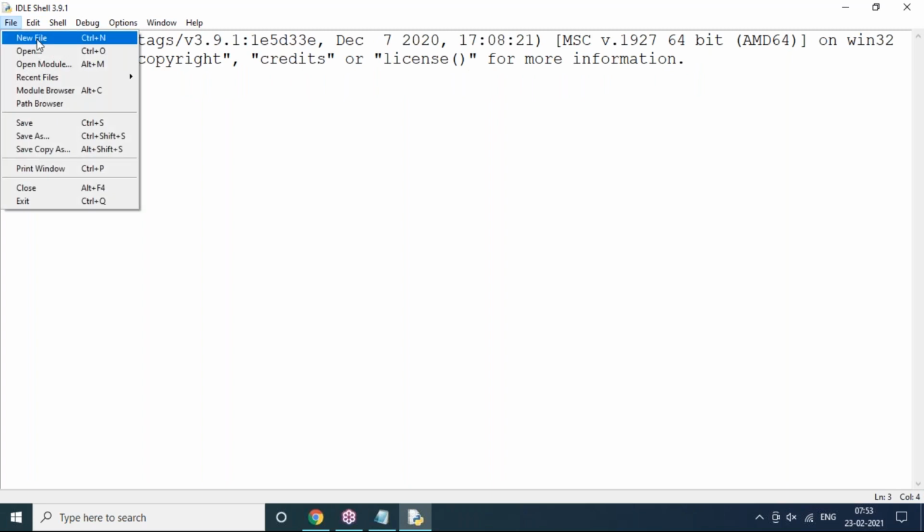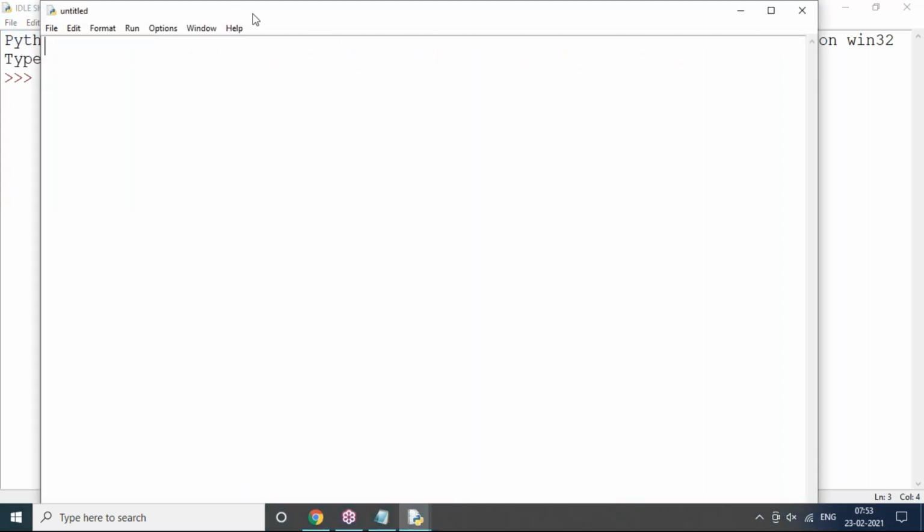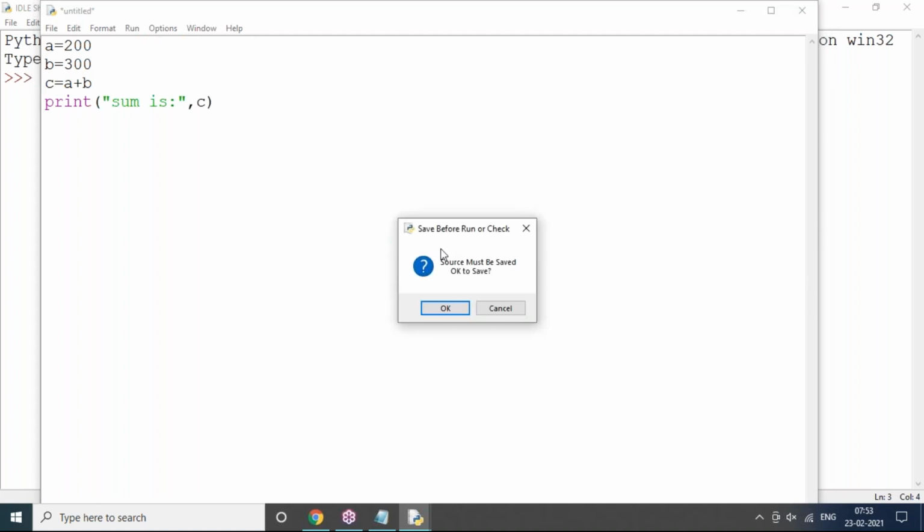Now you can see File, and I'm just creating a new file here. Same like Notepad editor, only it will come. Here you can write whatever code you want. Just I'm typing c equals to, and you can type it like this. Sum is, sum is c. That's all. So after typing your code, you must and should save. Without saving, if you run this like Run Module, then it will not allow you. You can see this, it is showing